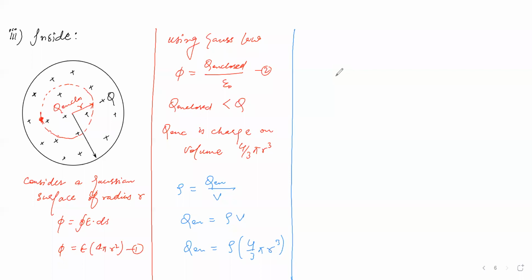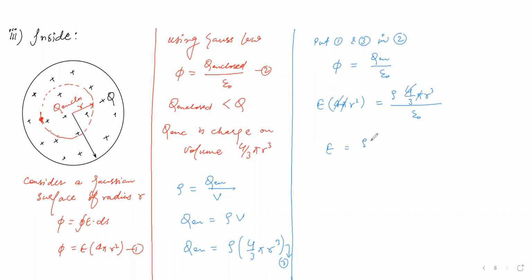Now we can put here: this is equation 1, this one is 2, and this one is 3. Put 1 and 3 in 2. This is your phi is equal to Q enclosed over epsilon naught. What is the value of phi? E into 4 pi r square. What is your Q enclosed? Rho 4 by 3 pi r cube over epsilon naught. 4 pi is cancelled by 4 pi. E is equal to rho r cube